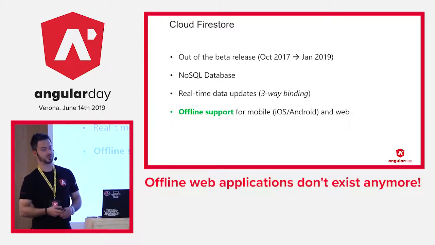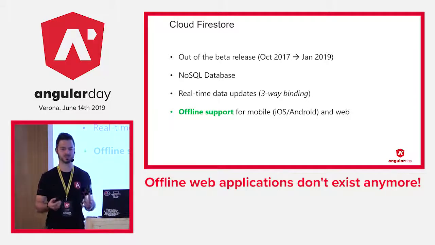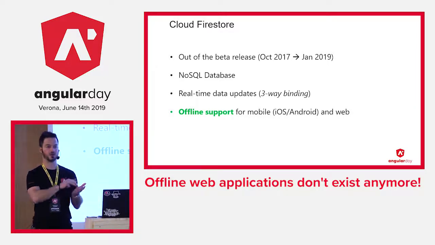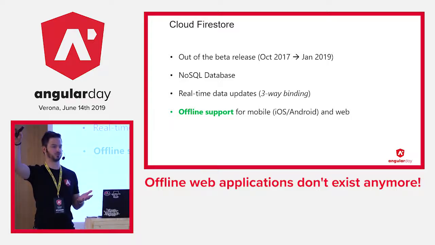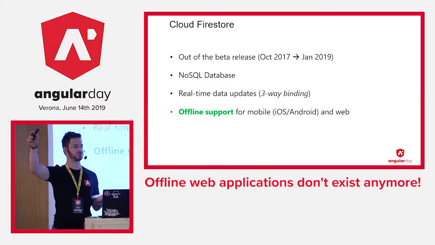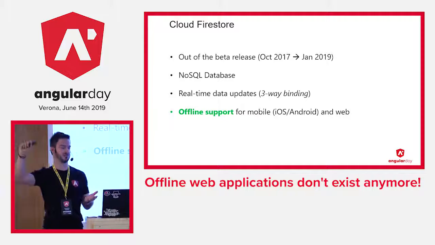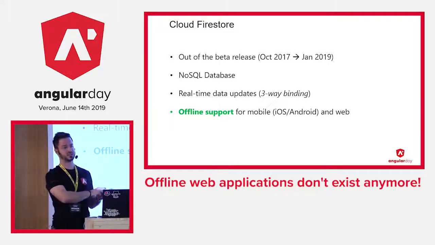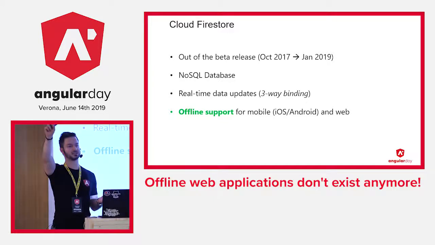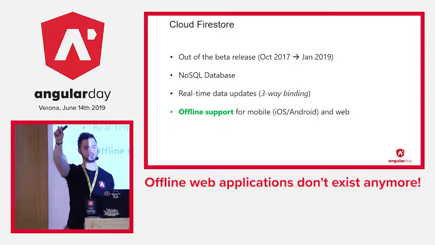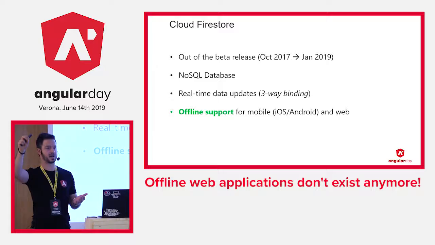One of the functionality that we will focus on is called the three-way binding. Three-way binding works like this. We have a client connected to the server and to the database, Cloud Firestore, that is hosted in Firebase. Client A changes some documents, saves them, and those are saved on the database. The database, Cloud Firestore, will take care for us to propagate automatically those changes to the client C, B, and